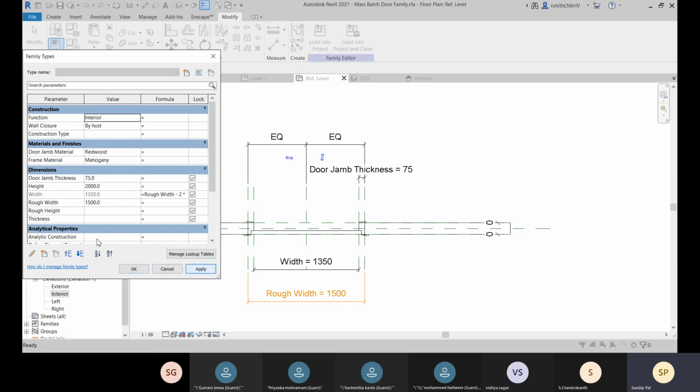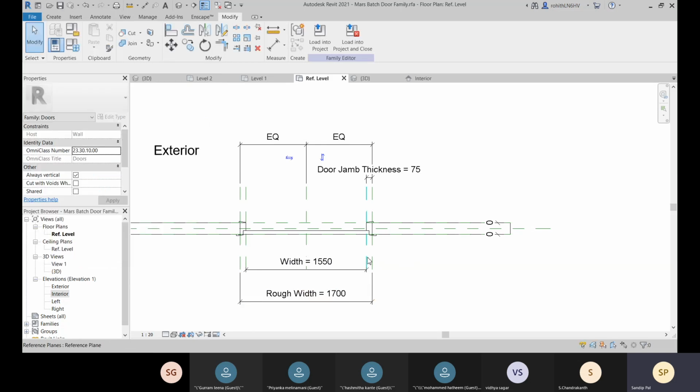and you can apply. Now you can see that it is locked right now. If you go to this rough width, and let's change it to 1700, apply, and here you can see that your width has been updated, right? So that you can do. All right, so now I think that is better for this one. We can do that, but we are running out of time. We have to work on that a lot, and let's click on OK and apply it.